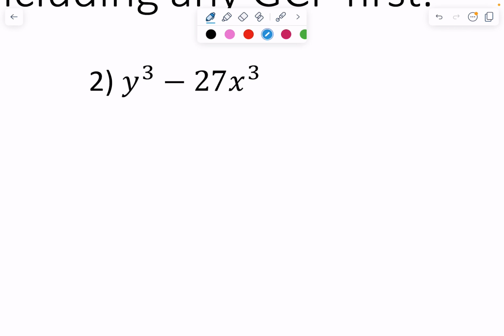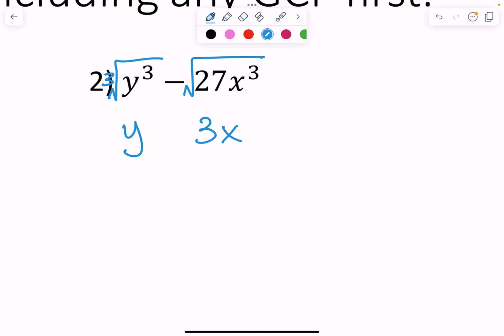Well, actually, first I'm going to check if I can do a GCF, which I can't pull out any GCF. So then I can take the cube root. Cube root of y cubed is y. Cube root of 27 is 3. Cube root of x cubed is x. All right, so here is our first part that we're using. Here's the second part. So we're going to have y minus 3x